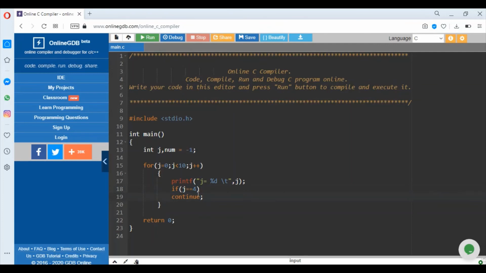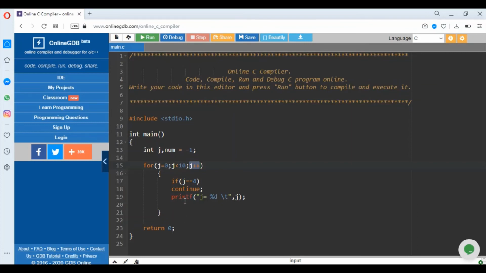What will happen is, when j equals 4 would be there, the control would shift from this position to the increment statement.